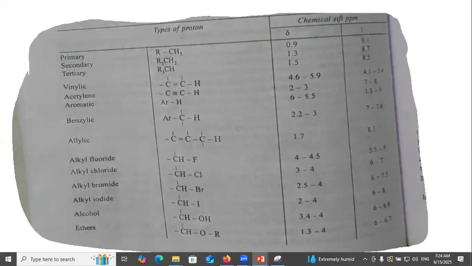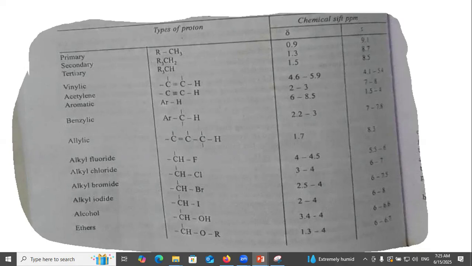Types of protons, chemical shift. Primary proton 0.9 value of delta, value of tau is 10 minus delta, so 10 minus 0.9, sorry, 9.1. Secondary 1.3, tertiary 1.5, vinylic 4.6 to 5.9, acetylene